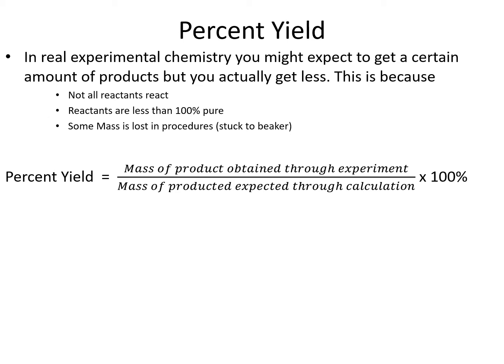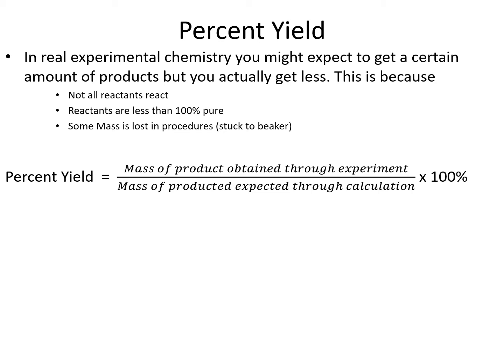And there's a whole bunch of reasons why you can get less product. One, you might not have all your reactants reacting. Sometimes you'll have reactants that are not quite 100% pure. And sometimes, and probably the most common thing, is that your procedures will lose some of the reactants. So mass is lost in procedures, like stuck to a filter paper, stuck to a beaker, or for whatever reason. And so what we can do is figure out the percent yield